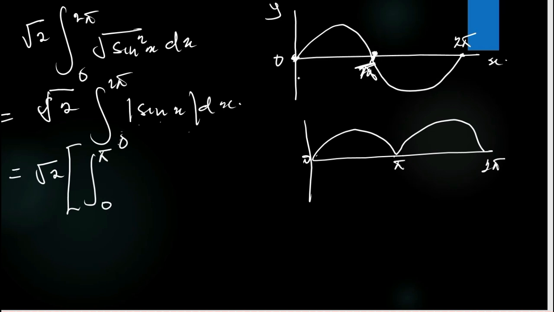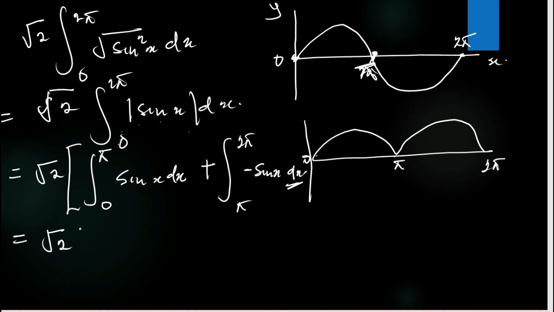Here it is positive, so this is sine x with respect to dx. Then plus the integral between pi and 2 pi, but here it is negative, so that is the integral of minus sine x with respect to dx. That's the negative part. Now this will look like root 2 times the integral of sine x, which is the same thing as minus cos x. That will be minus cos x moving between 0 and pi, plus